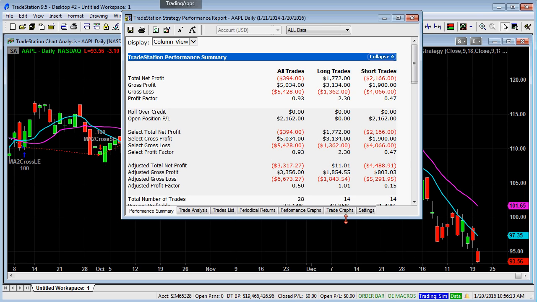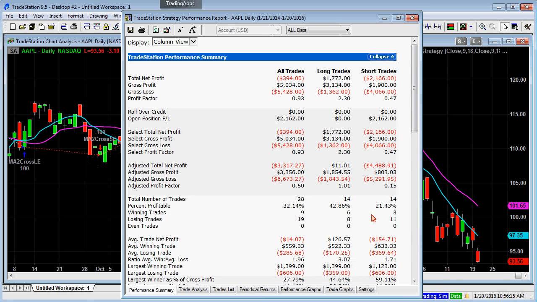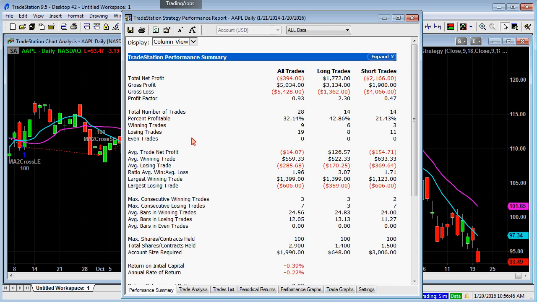All right. This is what the report looks like. We got a lot of values here that are variations of the same profit. For example, we have total net profit, then you have something that's called select total net profit, and then you have something called adjusted total net profit. If you want to hide these other variations of net profit, you can come here at the top right, and there's a button that says collapse. Collapse will collapse a lot of those variations of the same calculation and give you just the major